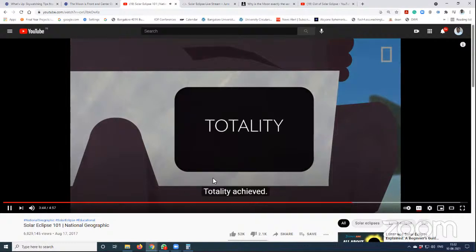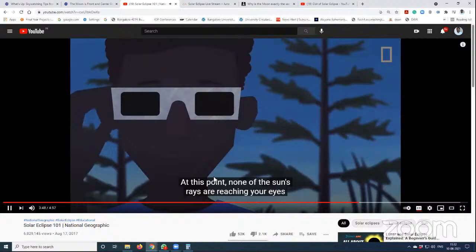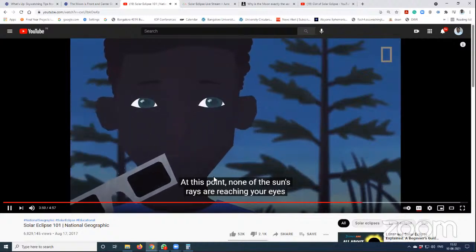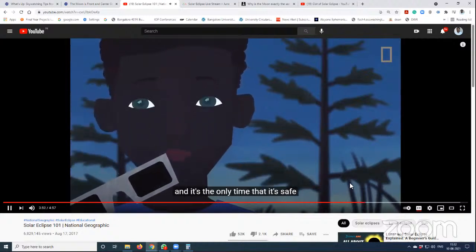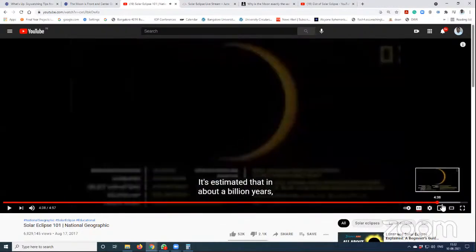Images can happen. Totality achieved. At this point, none of the sun's rays are reaching your eyes, and it's the only time that it's safe to take off your glasses before we